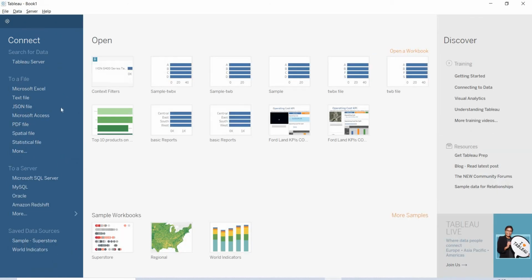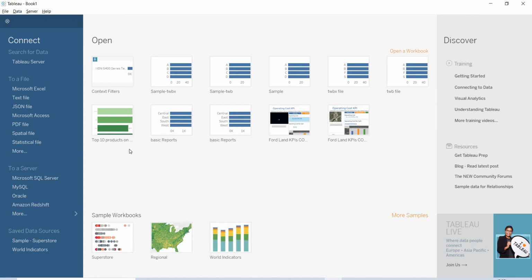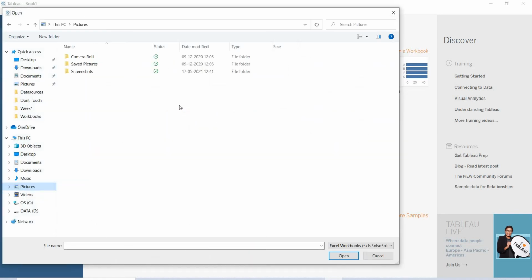See here, what I'm showing you now is Tableau Desktop. If you are getting Tableau hyphen that workbook name, then it is Tableau Desktop. Here, for Tableau Public, you are getting Tableau Public hyphen that workbook name. Now let me go back to Tableau Desktop. Here, I'm showing the major difference between Tableau Public and Tableau Desktop. See, here I'm connecting to a data source.